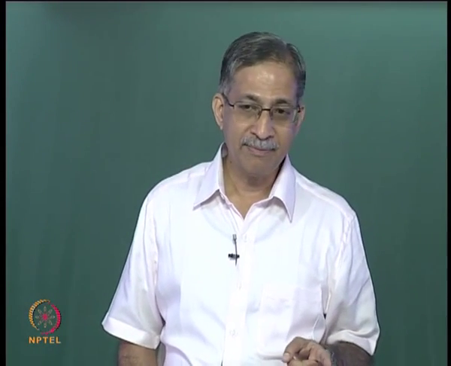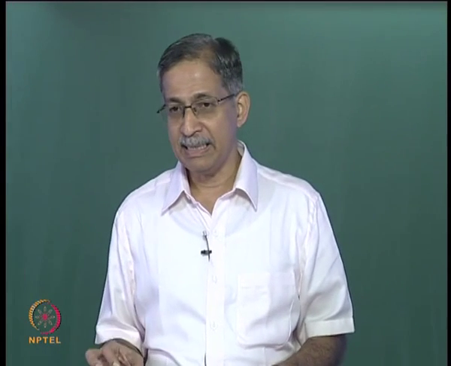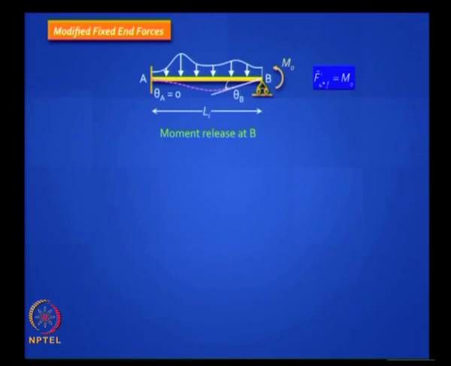But this alone is not enough. You will also have to modify the fixed end force vectors, and that is interesting. Usually you do not have a concentrated moment acting, but if by chance you have one, you should be able to handle that also. So I am giving you a case where you have a concentrated moment acting at that released location, M naught. The question is how to find out these remaining fixed end forces. One of them you know, it is either 0 or a given moment which is applied externally. How to generate expressions for the other three?